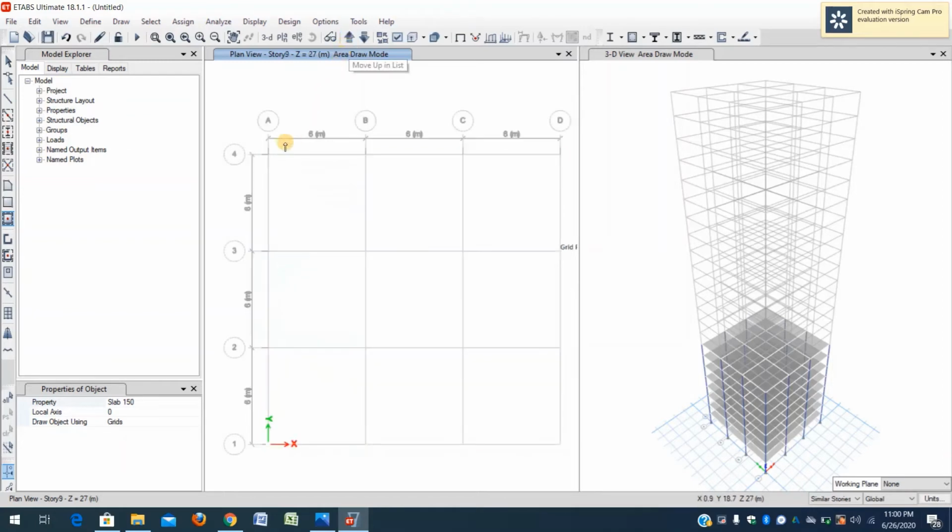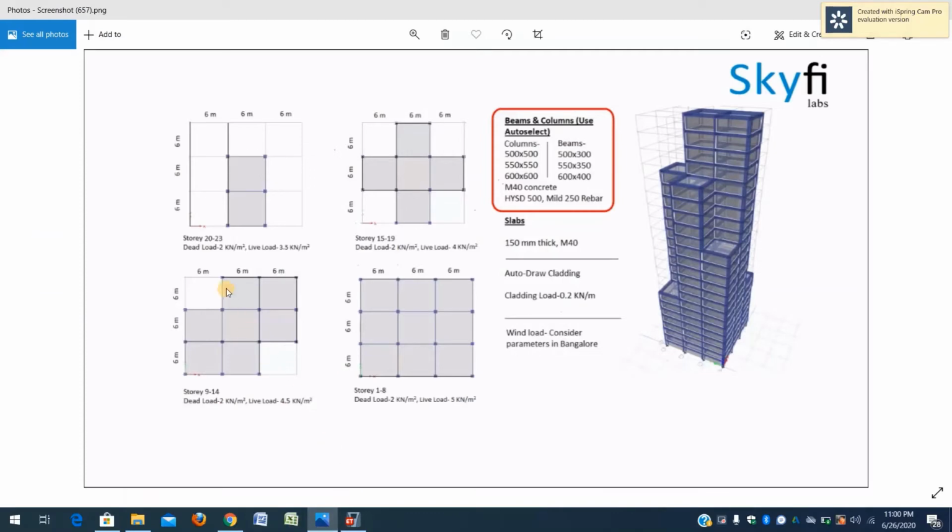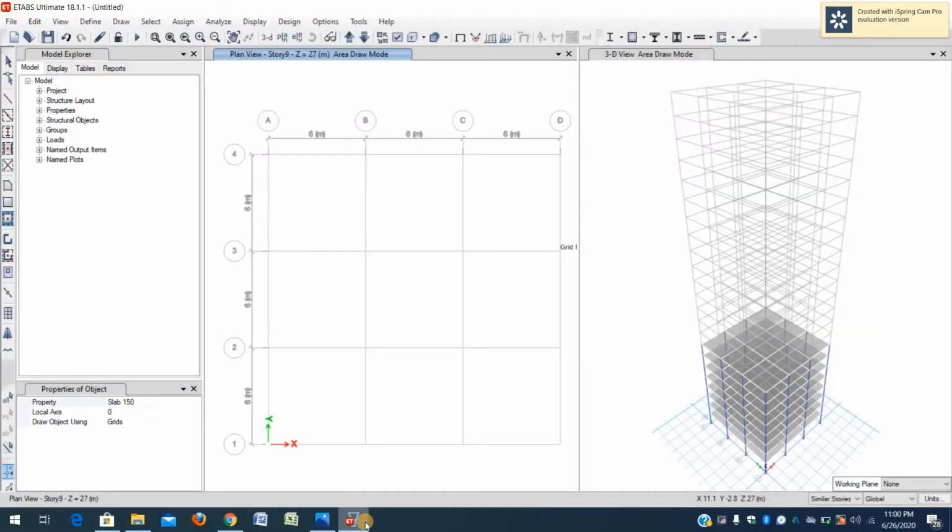Okay, we have got to story 9. From story 9 to 14, where are the columns? See, at these 2 points there are no columns, so we need to carefully draw the columns. And there is a shortcut for drawing the auto columns, it is here. This one. Okay, we draw columns.